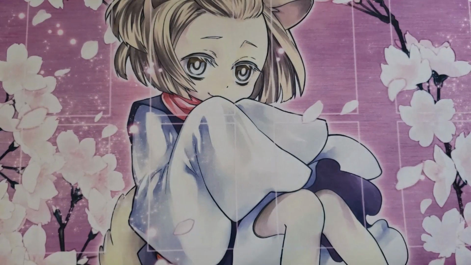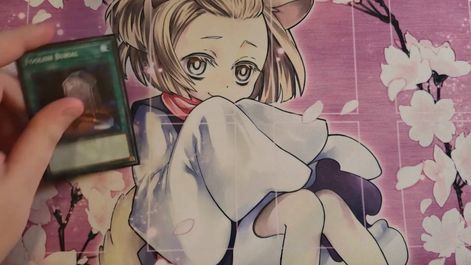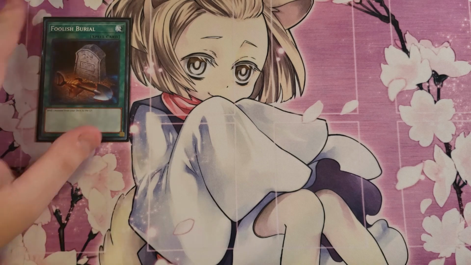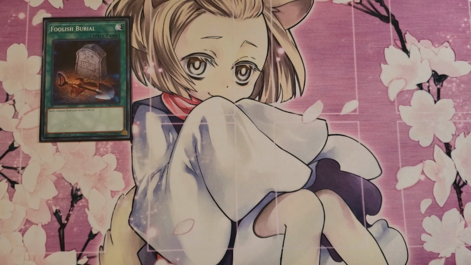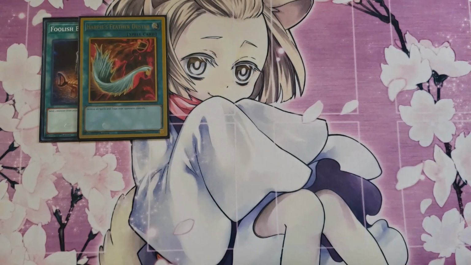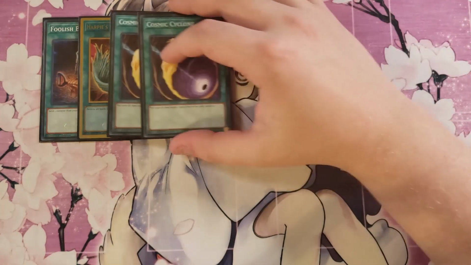So for the spells, we're going to be playing a single copy of Foolish Burial. Foolish Burial is just really good in the deck because it helps you a lot to be able to send the exact card that you need to the graveyard when you need it. So I really love playing this card in this deck. We play a single copy of Harpy's Feather Duster because it helps board wipe the back row, which is really nice for this deck. Back row is a big thing for this deck, so I also play 2 copies of